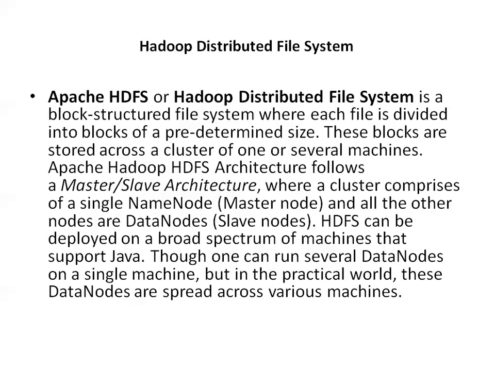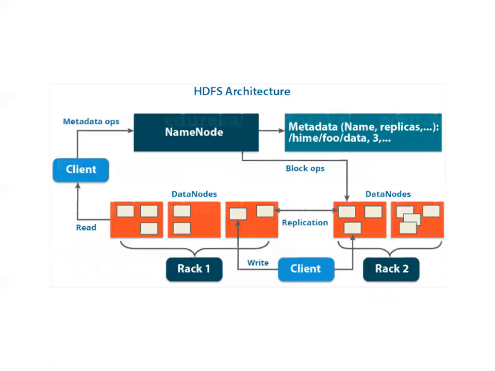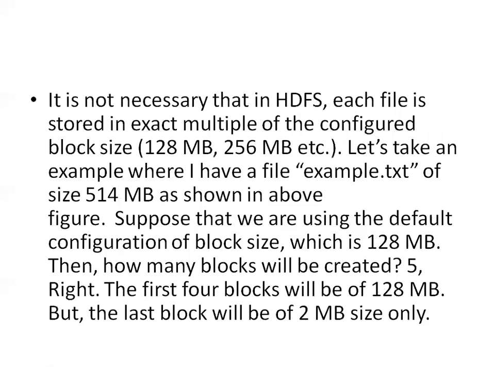This master machine is a highly reliable server, where it maintains all the information about the storage of your data. Same as the Google file system. Here it is named the name node, and all these commodity servers are named data nodes. The name is changed. There they call them chunk servers; here we call them data nodes. But the main difference between the Google file system and the Hadoop distributed file system is, in Hadoop distributed file system, one second, this is the diagram.